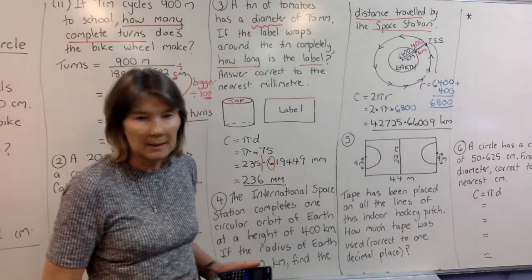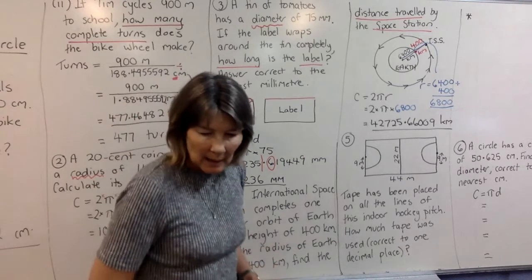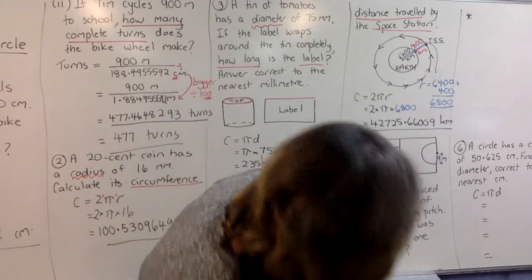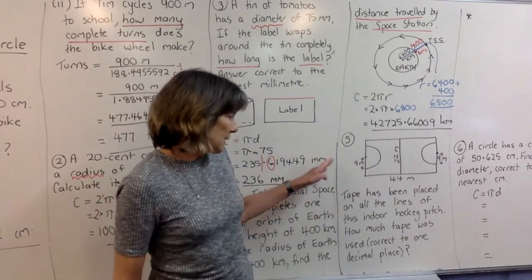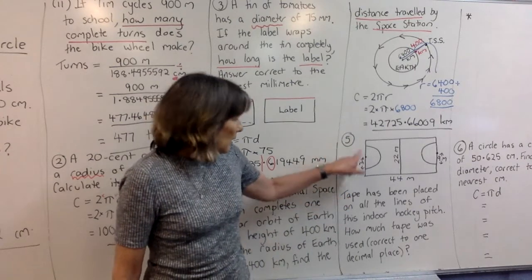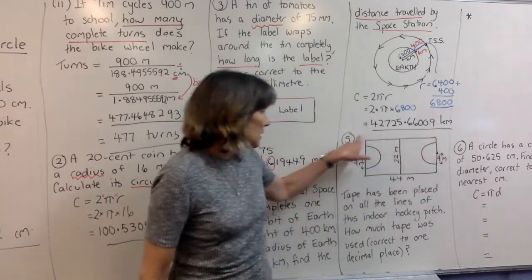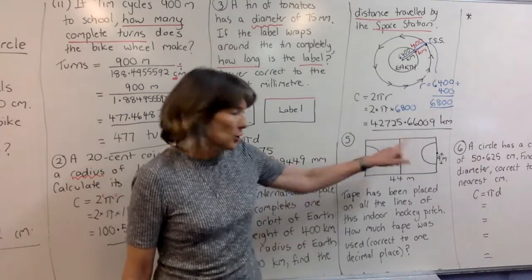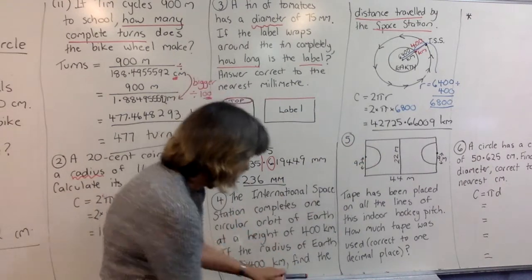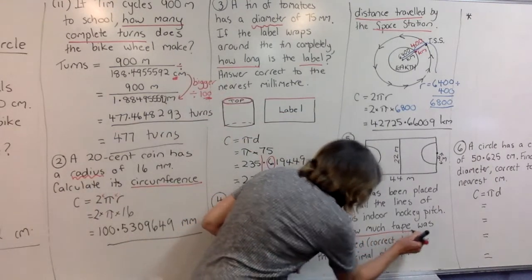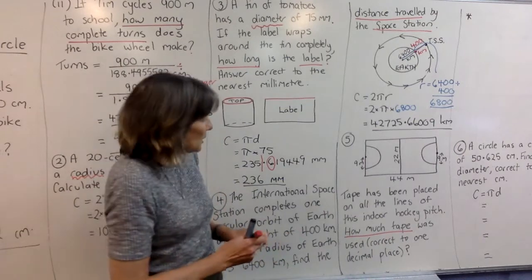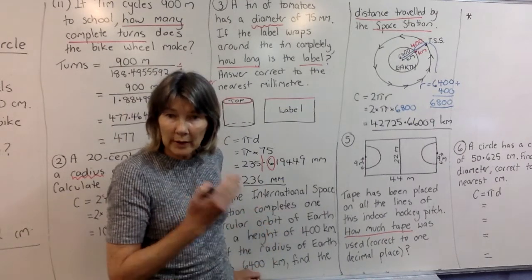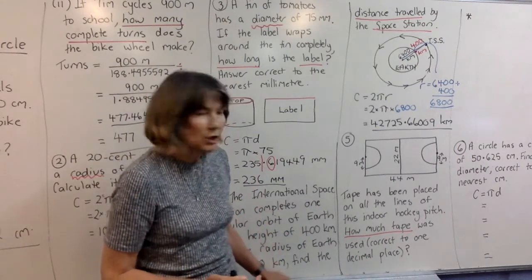42,725.66009 kilometres. Okay, now we're looking at number 5. Now this is a hockey pitch. The tape has to mark out this whole hockey pitch, and we have to find how much tape is being used. So there's a lot of lines here that we've got to all add together to get how much tape's being